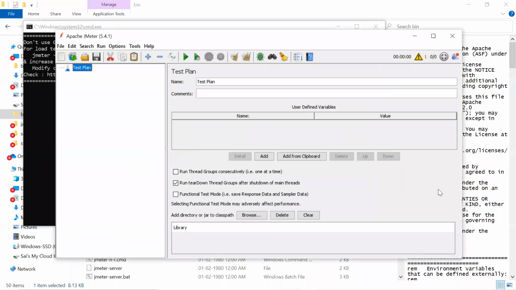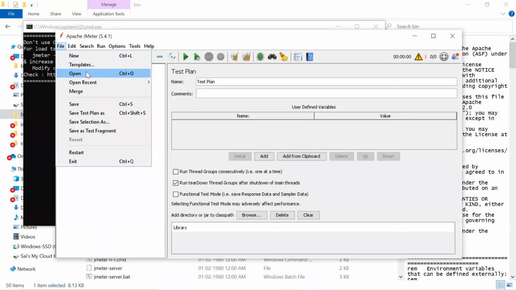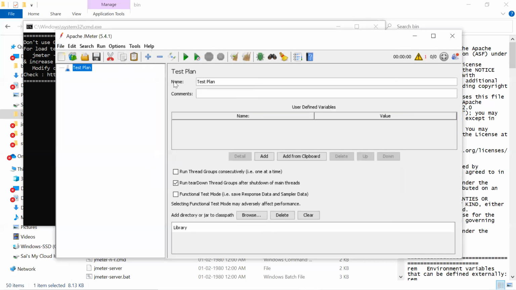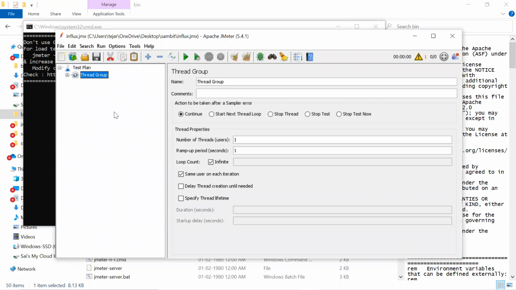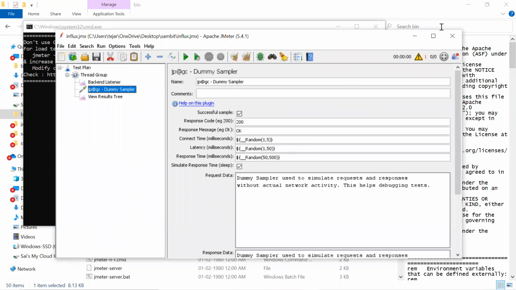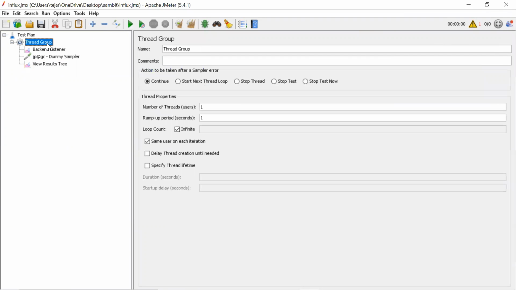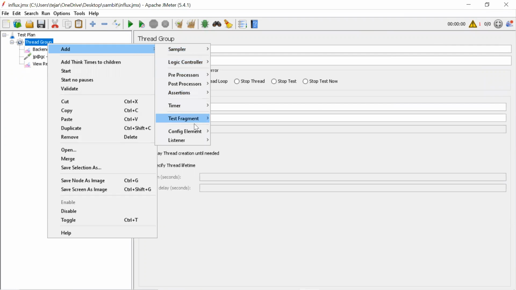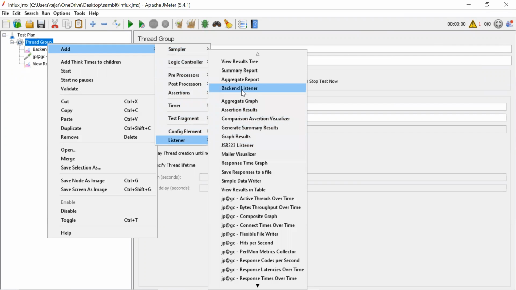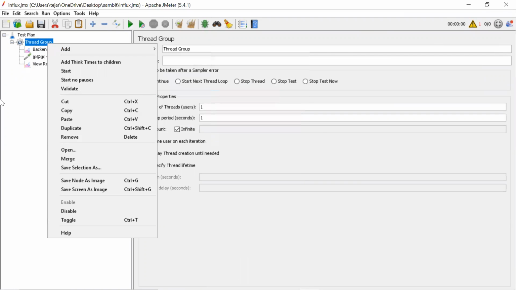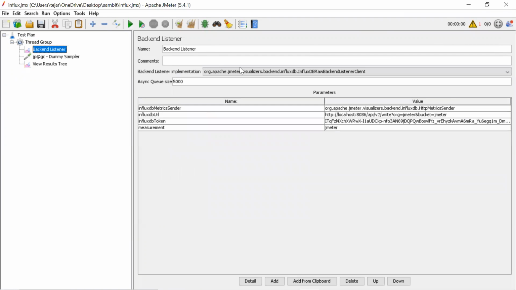File, open recent, influx. First I create a thread group and a dummy sampler, some request, any request. Then I add a listener. Backend listener is from add listener. In the backend listener, you will select here. I selected this raw backend listener client.